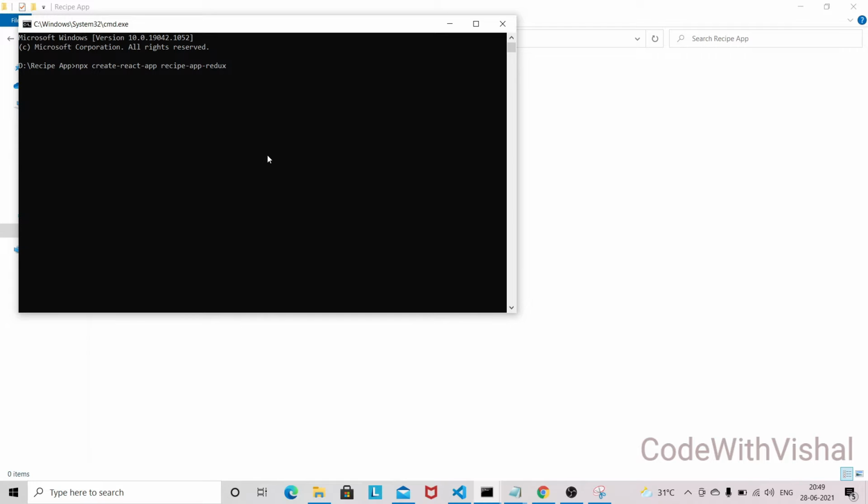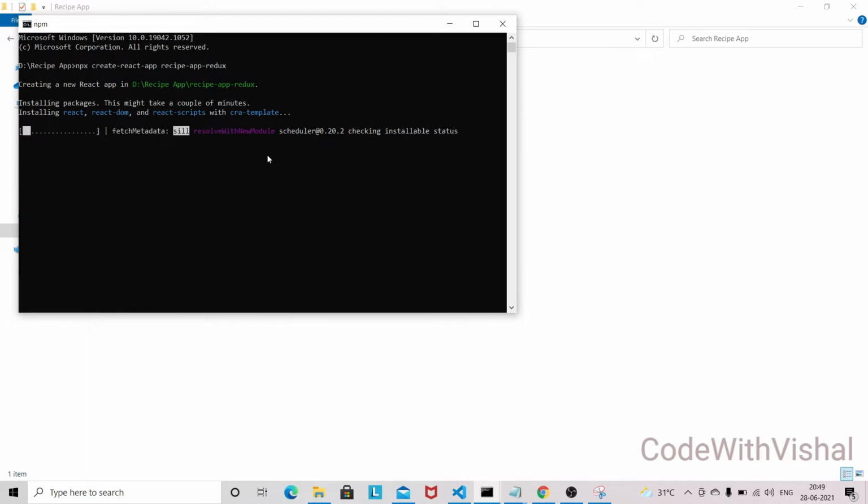We are using Redux Saga here, so you will get an idea of how you can integrate Redux Saga into your React application. This will be an introductory video on Redux Saga integration in a React application. Let's wait for the package installation because it will take 5 to 10 minutes to install all the necessary dependencies. I'll be back once it installs all the dependencies.